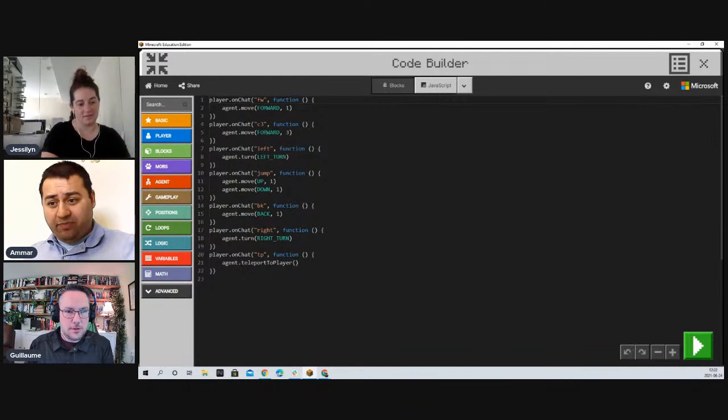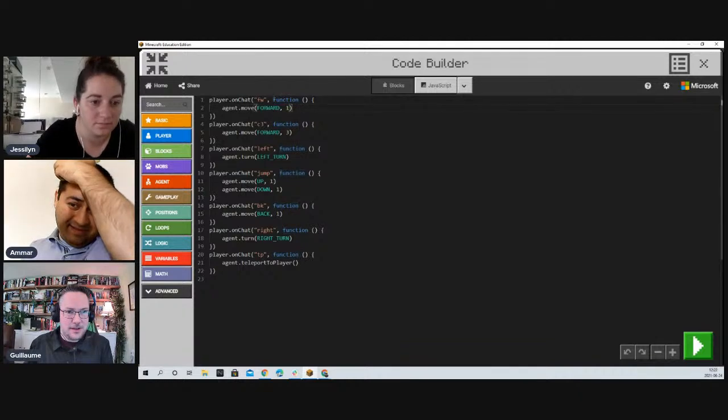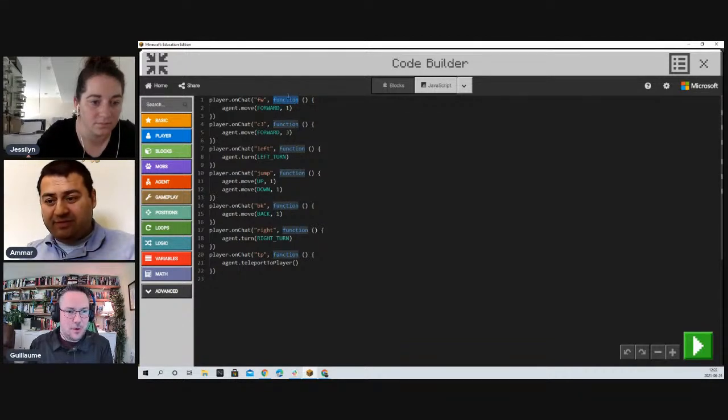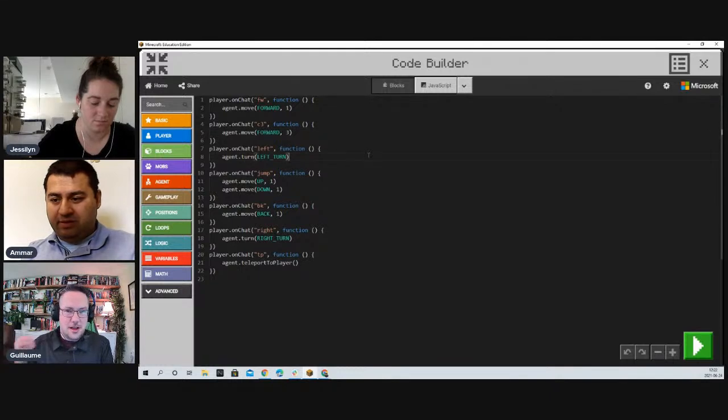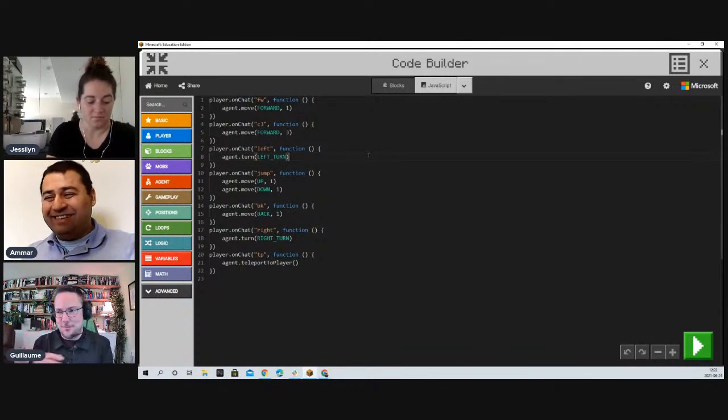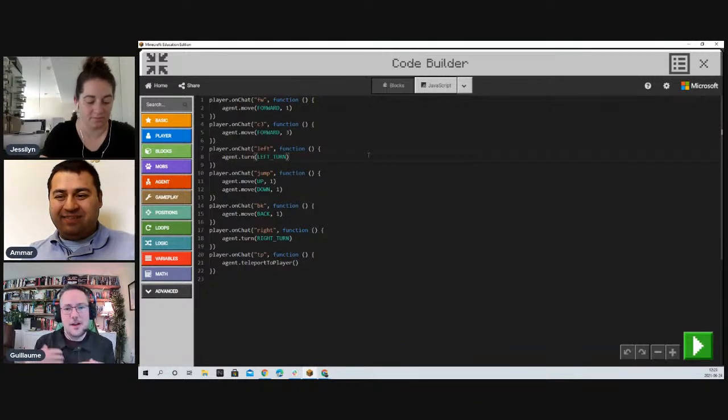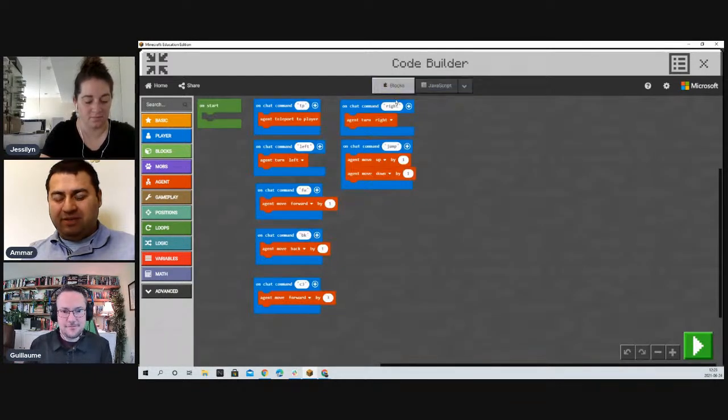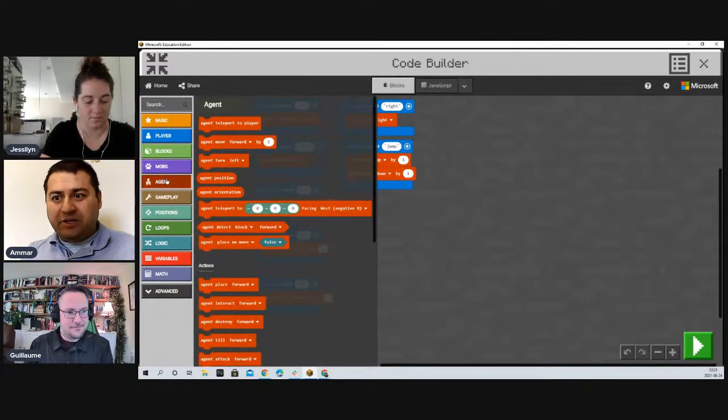Now we'll continue with blocks, but I just want to highlight this here. Everything that's in blue is a function. So right now what we're doing is creating functions. Forward is a function and C3 is a function. The same way your microwave has built-in functions, like a button for popcorn or a button for, I don't know, potatoes or something like that. Microwaves have different pre-made settings to make our life easier. Same thing for your agent. The more pre-made settings you have, the easier your life would be. Love it. Thank you, Guillaume.